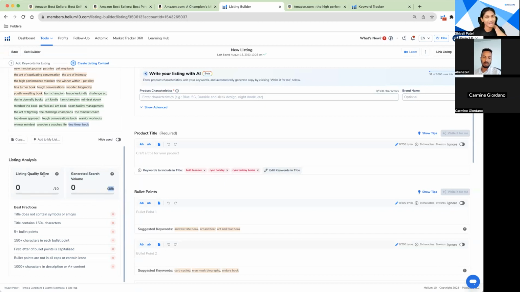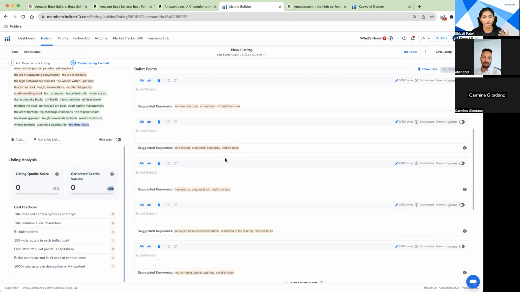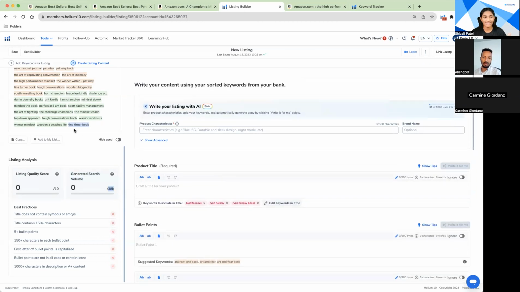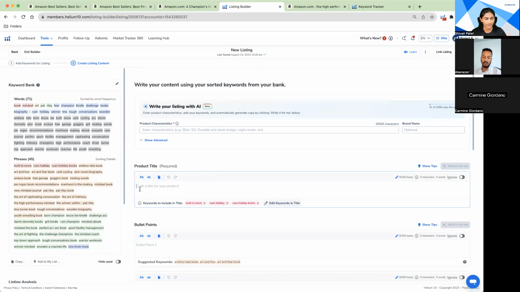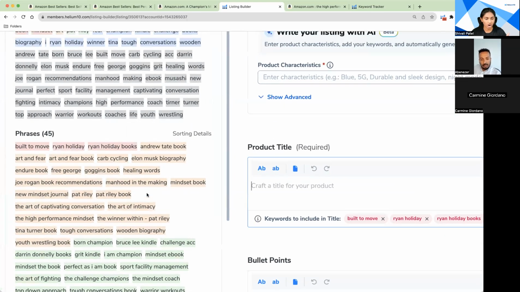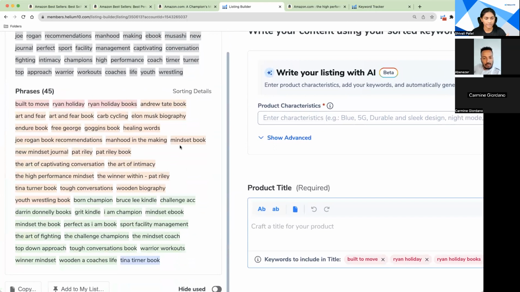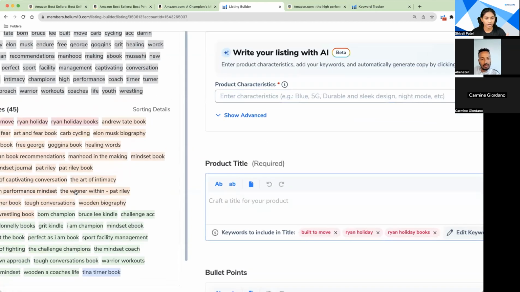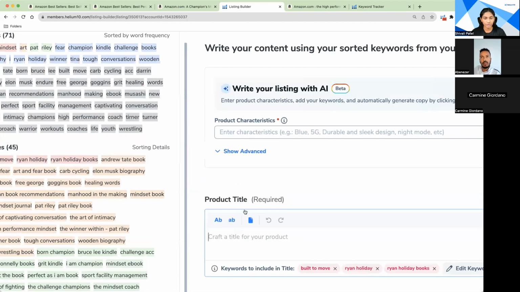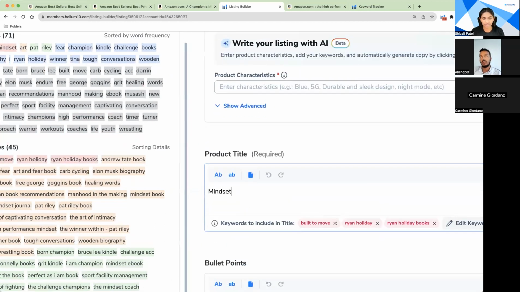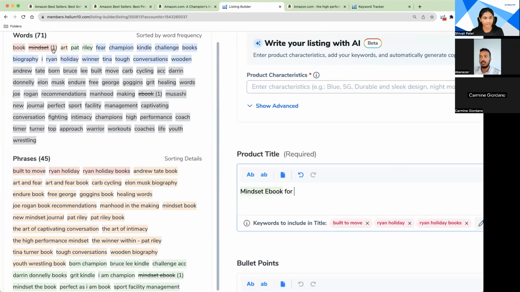Now, your listing quality score is not going to be 10 out of 10 because, again, we're not using the product title, the bullet points, all that stuff. But again, this is going to show me that, let's say, I'm going to show this to you right here. Now, a lot of these are authors or specific book titles right here. But if I am writing a book on mindset, for example, mindset ebook, I could still use that, right? I can go in and type in mindset ebook and then maybe use some of these words here. You can see it's starting to get crossed out. It says 1, but if I had it used multiple times, it would tell me that you have mindset ebook for, let's say, warriors who,